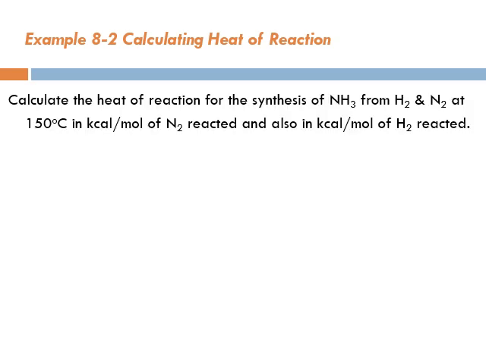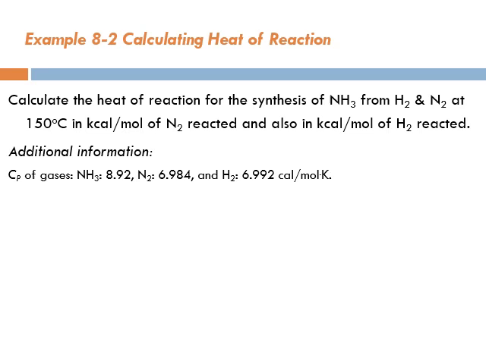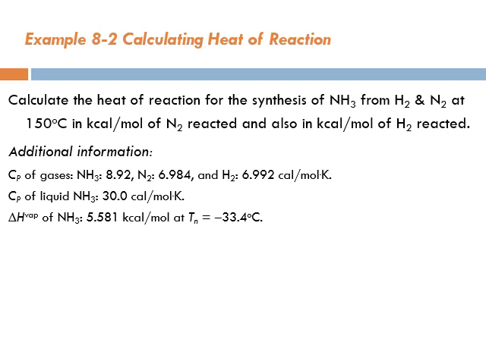Calculate the heat of reaction for the synthesis of ammonia from hydrogen and nitrogen at 150 degrees C in kilocalorie per mole of nitrogen reacted, and also in kilocalorie per mole of hydrogen reacted. Additional information is given. You have the Cps of all the gases, the average Cps: ammonia, nitrogen, hydrogen. And the Cp of liquid ammonia is given as well. And the delta H vaporization for ammonia is given as well at its normal